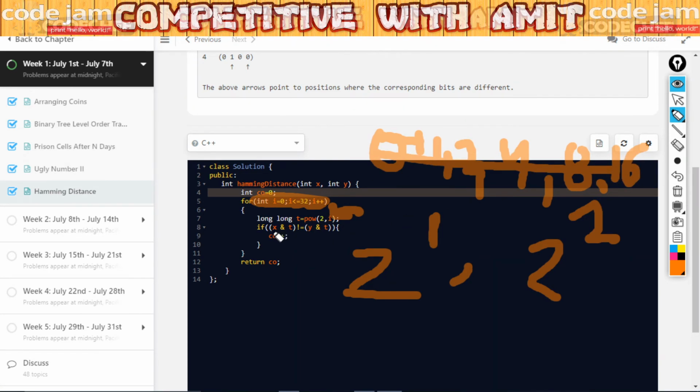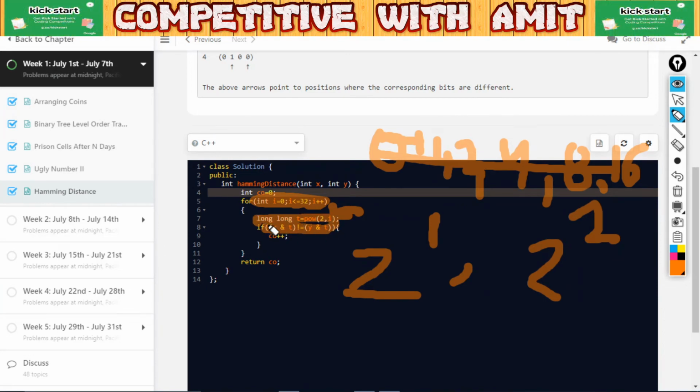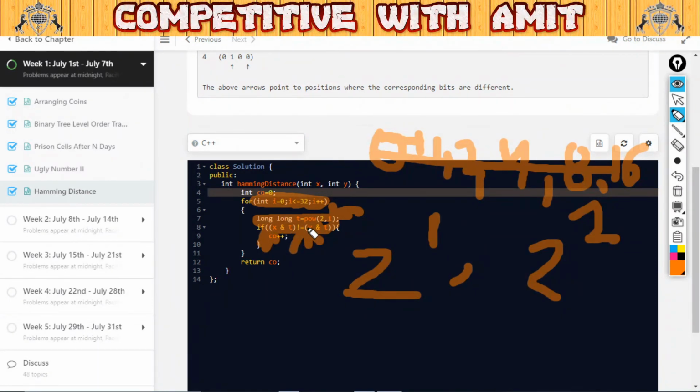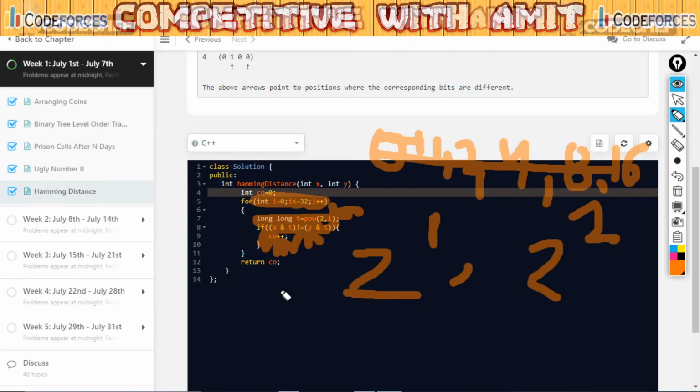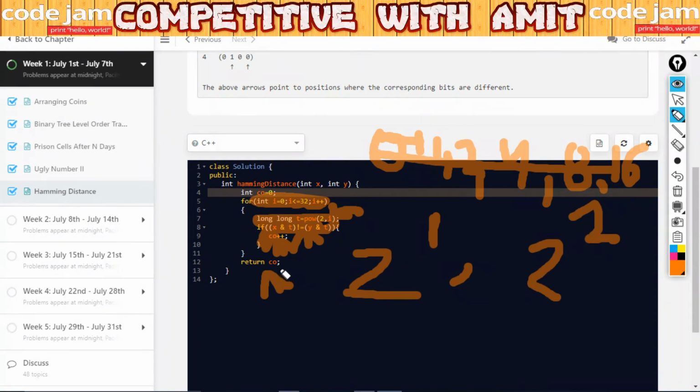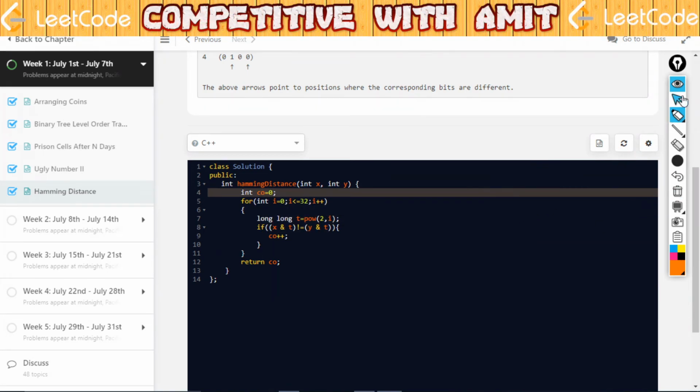After that, there are two values, and we are finding the AND of this value with both X and Y, here with X and here with Y. Now I am checking whether these two are different, and then I am incrementing the count, and at the end I return the count. So our count will be stored in count, and at the end I will return this count. So now if I submit the solution,